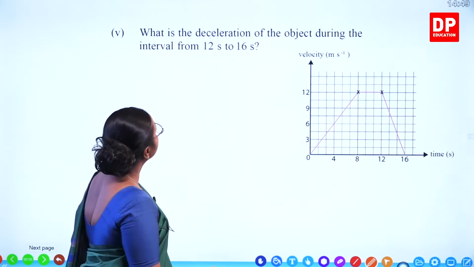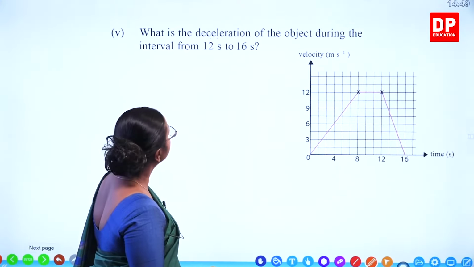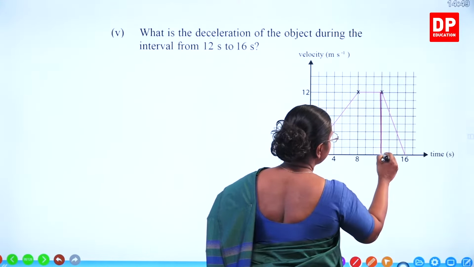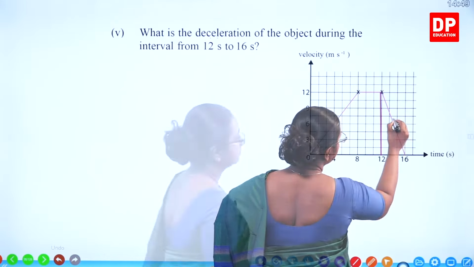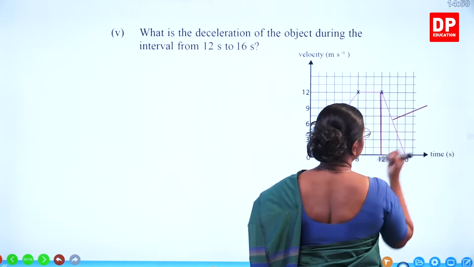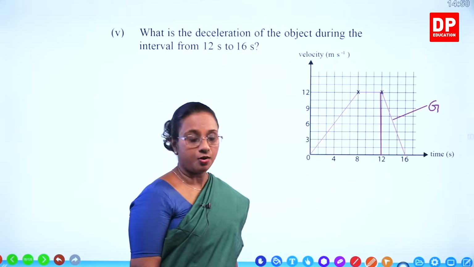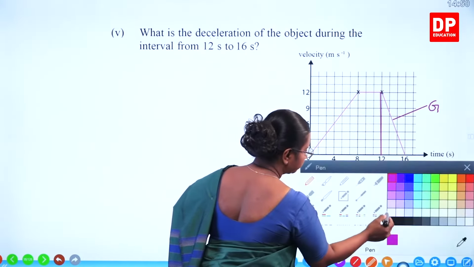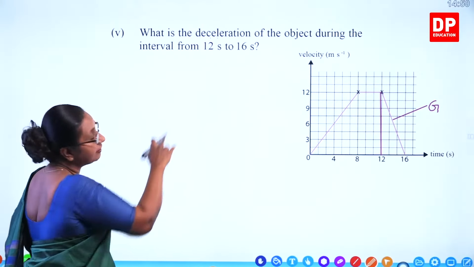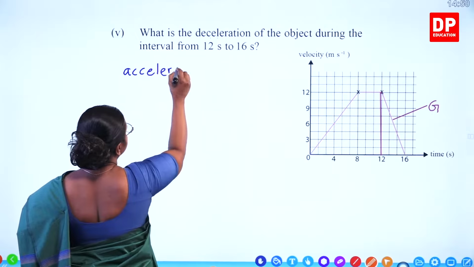The next one, what is the deceleration of the object during the interval from 12 to 16 seconds? If we are to find the deceleration, this part of the graph is for the deceleration. If we calculate the gradient of this plot, that is this part, we will get the deceleration of the object. So to do that, we don't directly write deceleration. You have to write it as acceleration